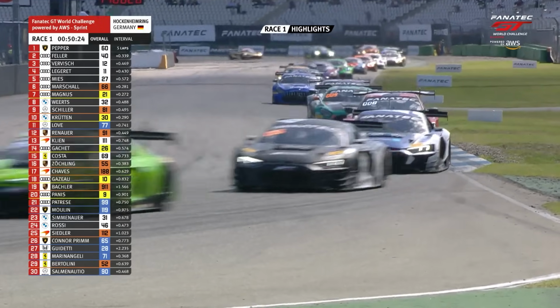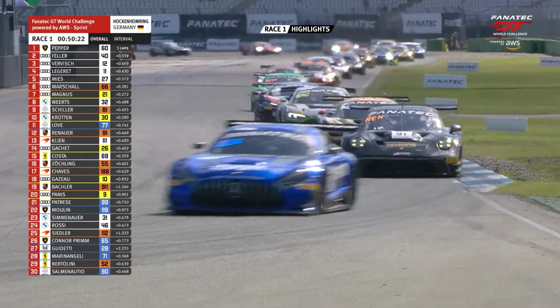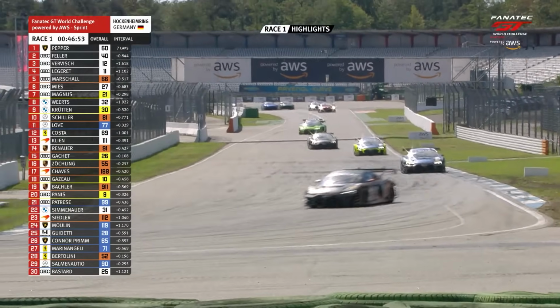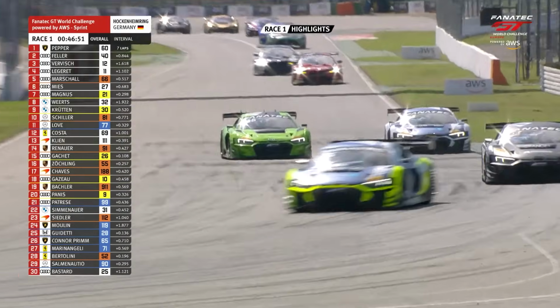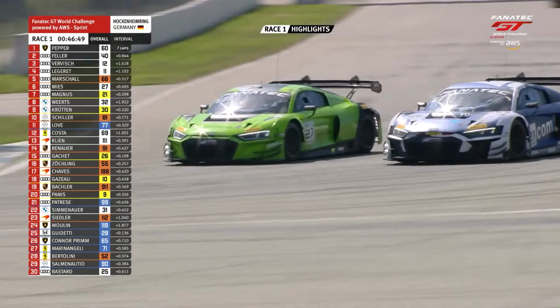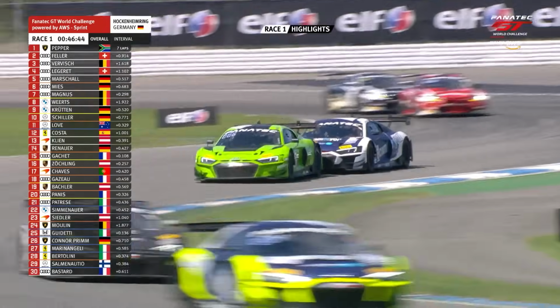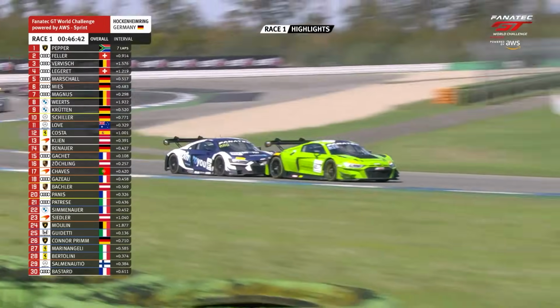And Ricardo Feller is determined not to let the Lamborghini get ahead. He stuck to him all the way through up until we had that safety car deployment. Look at the squabbling going on coming up into turn 2. Very aggressive defense from the 27, and well, denies the following Audi the opportunity to get past, but that's going